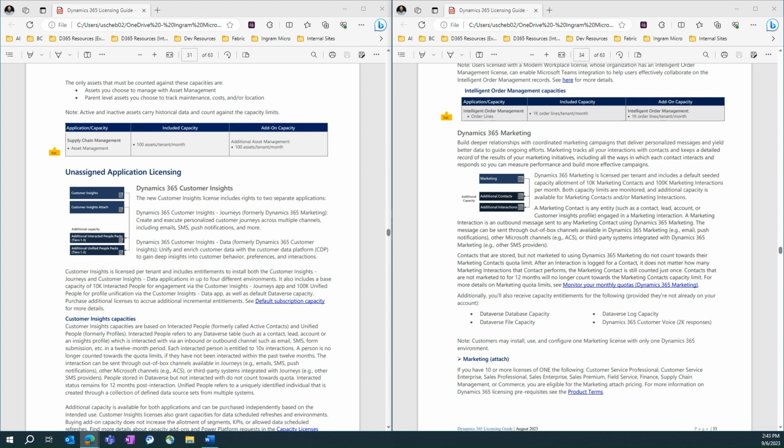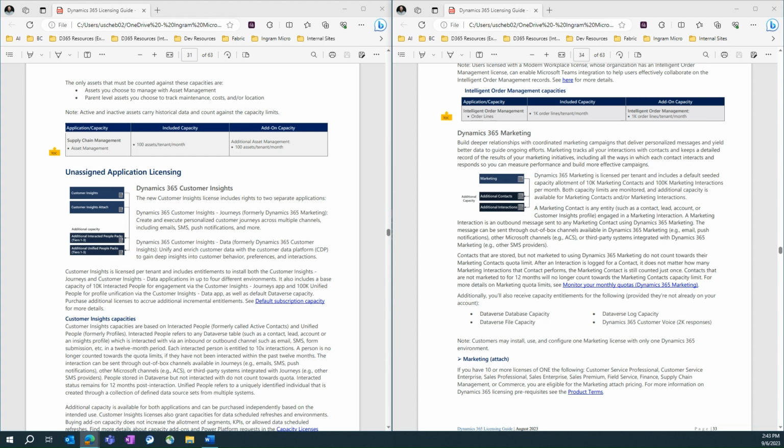But what I have up here on the screen are 2 copies of the licensing guide. On the left is the brand new September 2023 licensing guide, and on the right is the August 2023 licensing guide. I've been waiting to put out this video until the licensing guide finally showed up because I do consider it to be the highest authority in Microsoft Dynamics licensing. So I have them both up side by side so that we can sort of compare some of the differences